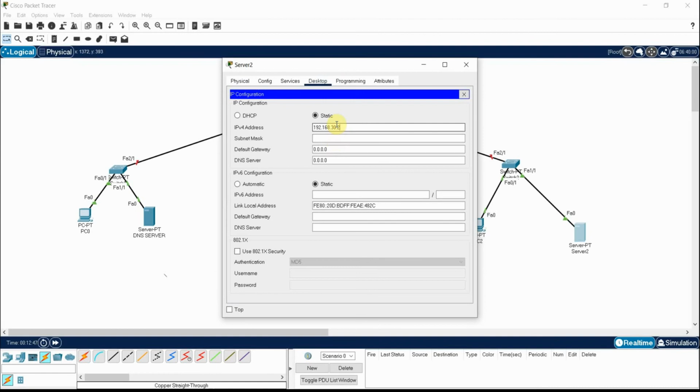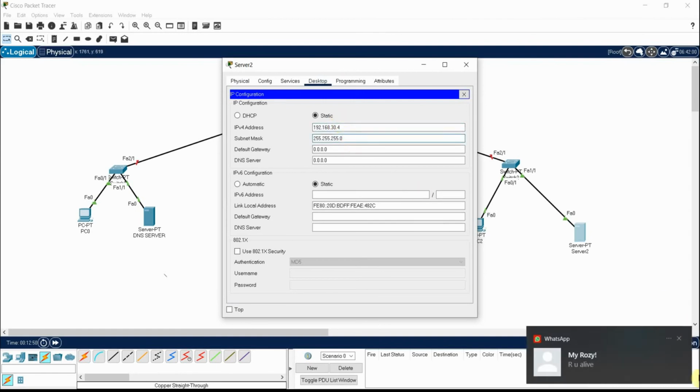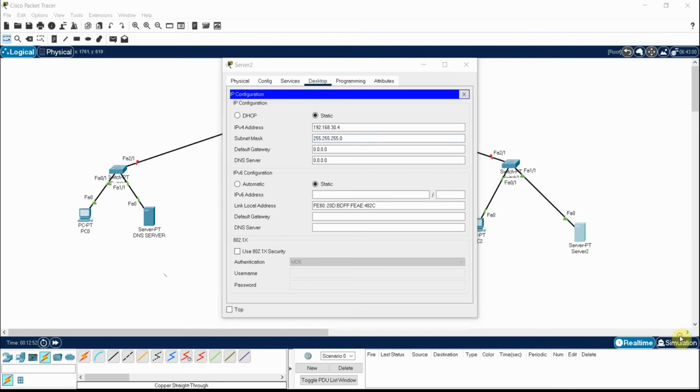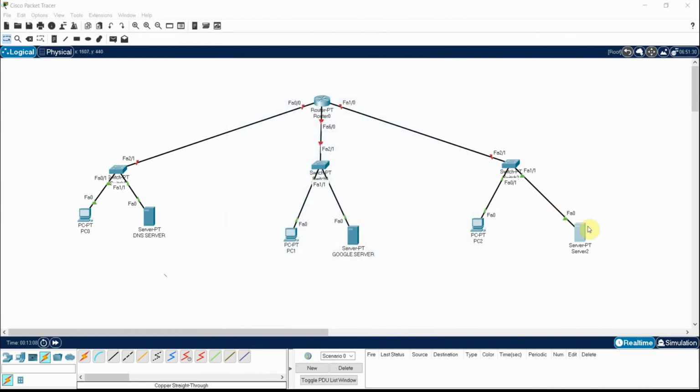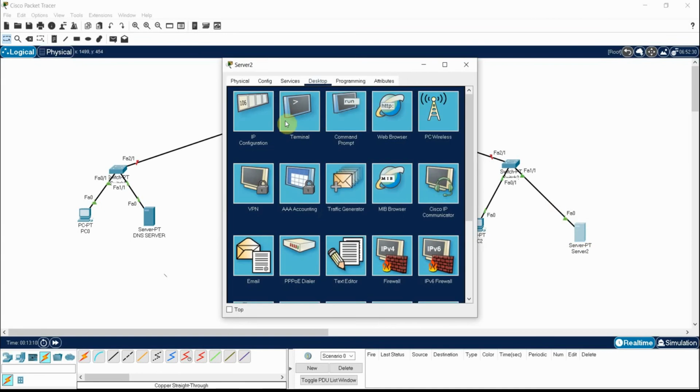30.4, 30.4. Let me keep this also 30.1. Okay, this we are in. So now let me configure this into